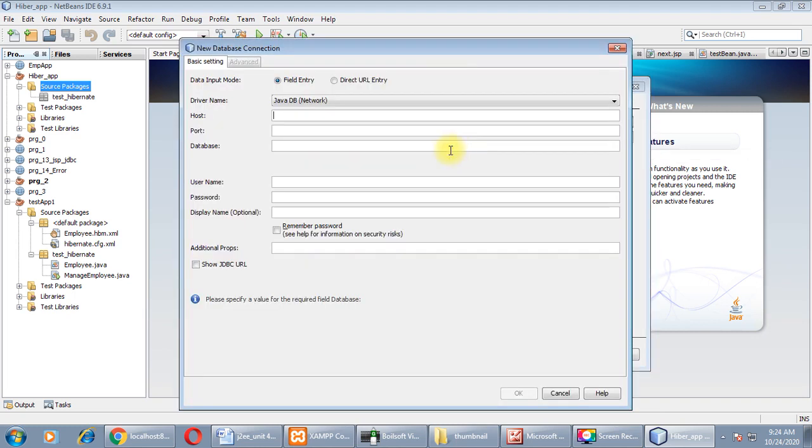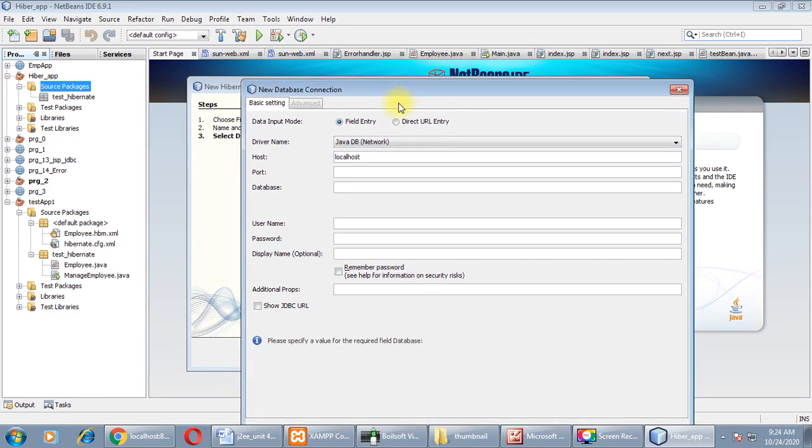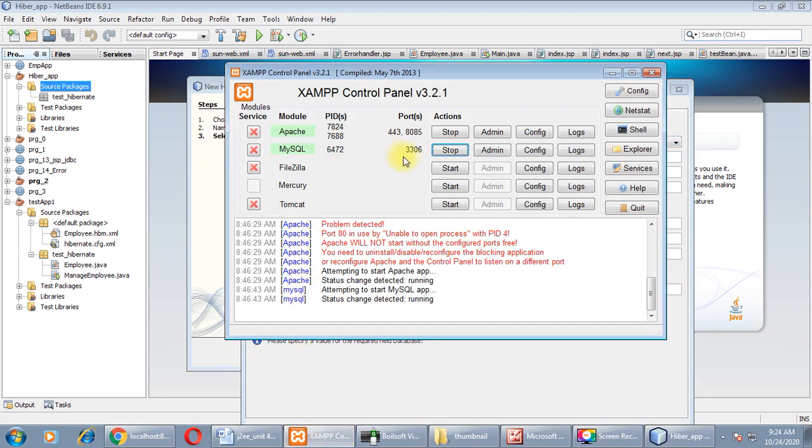New database connection. Host name is localhost. Port ID is 3306. Where to get that port ID? As you can see, our MySQL is running on 3306.